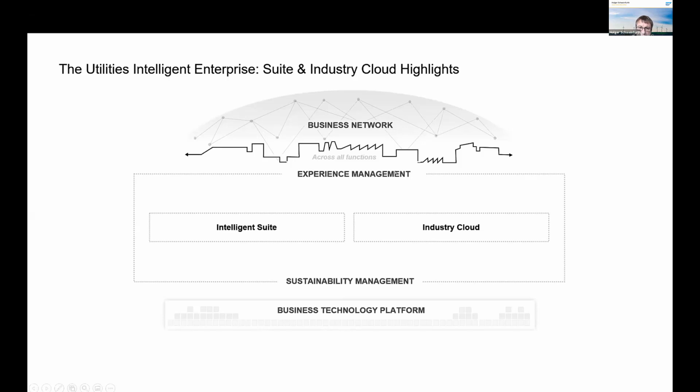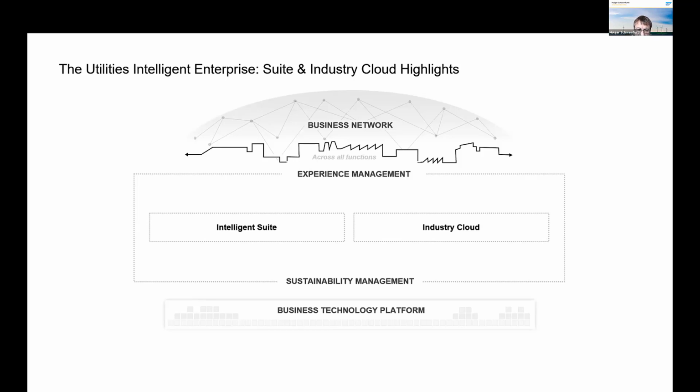Surrounded by experience management. Of course, the integration, the connectivity to other market participants, to collaborative interaction with suppliers, with other companies across the market is one of the key aspects here in the business network. And of course, the topic around sustainability is omnipresent with Climate 21 and many other initiatives going on.